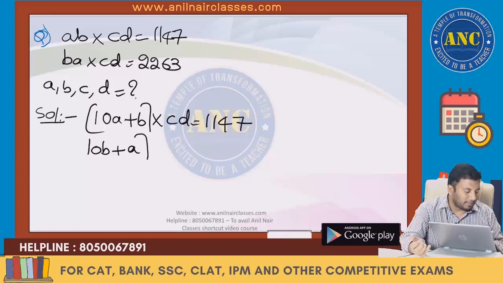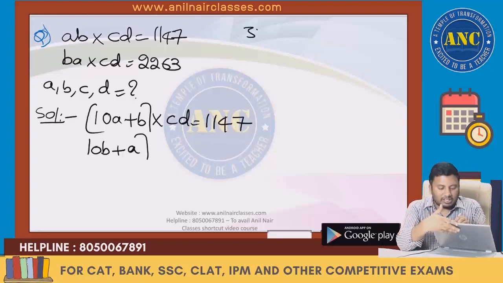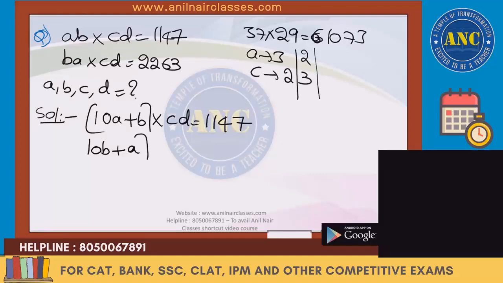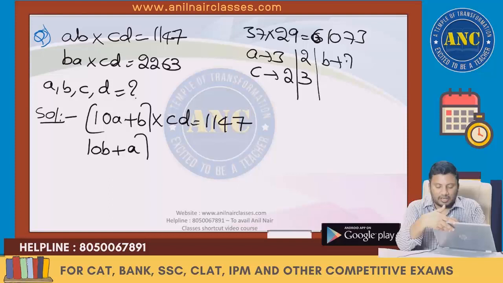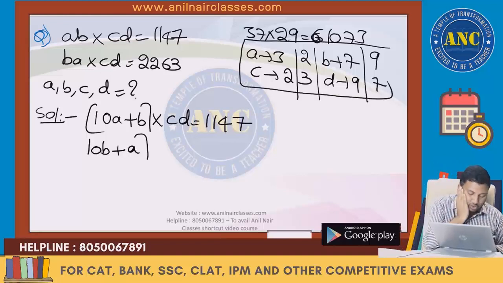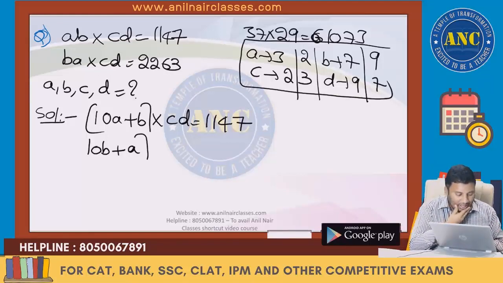Now see here. Good that he has asked: 37 into 29 is 1073. A could be 3, C could be 2, or A could be 2, C could be 3. B could be 7, D could be 9, or B could be 9, D could be 7. So A and B can take all these values. Chandu, you are right. 10B plus A